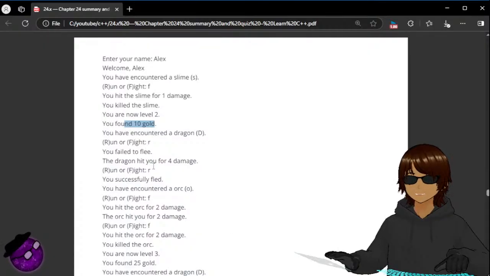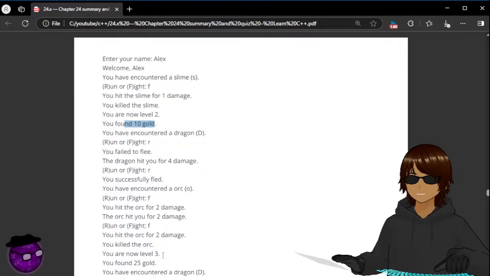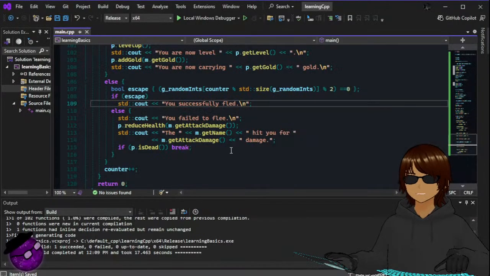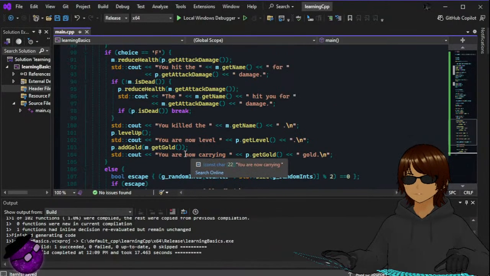You have encountered an orc. You hit the orc for 2 damage. The orc hit you for 2 damage. Fight. You hit the orc for 2 damage. You kill the orc. You are now level 3. So